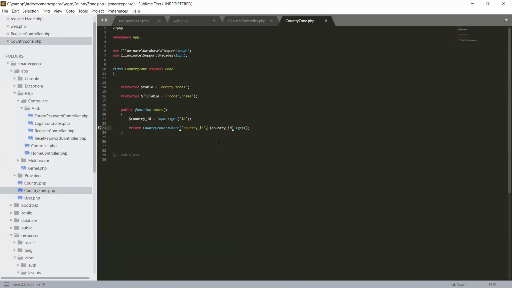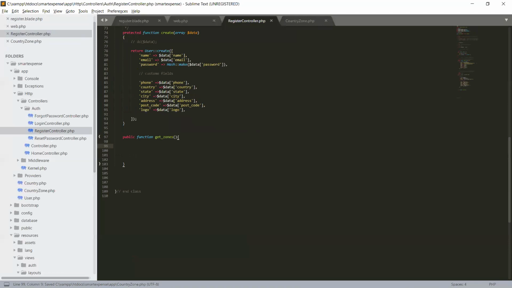Okay, save it and come to our register controller, and here we will get this data by this country zone. Remember that we have instantiated it in our constructor.